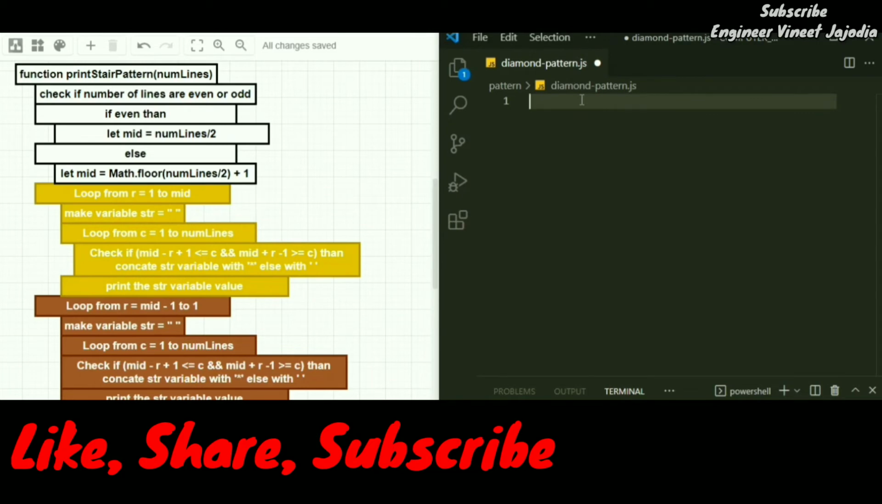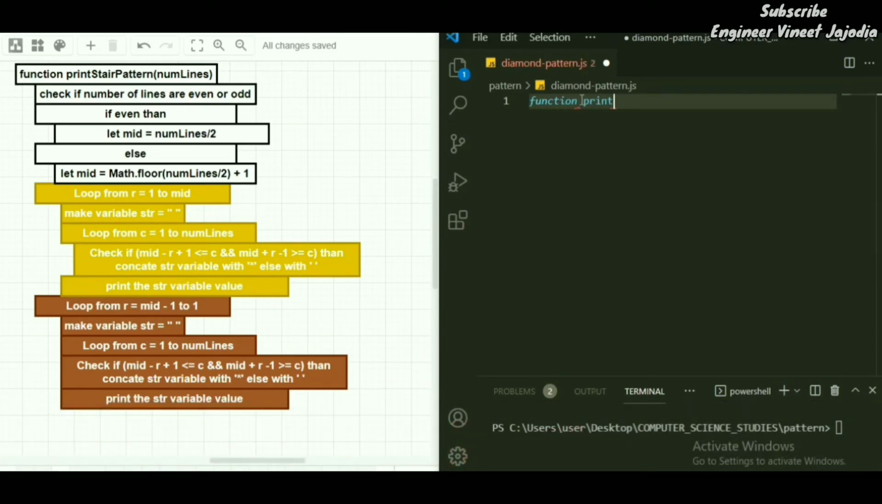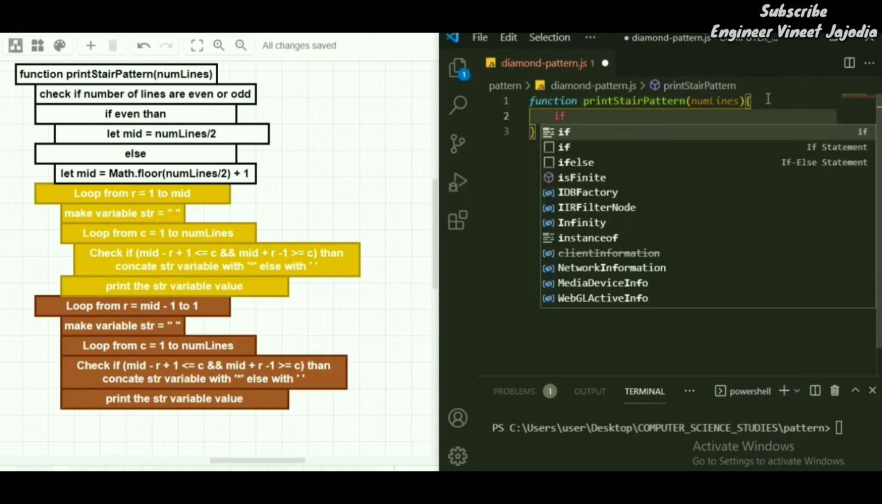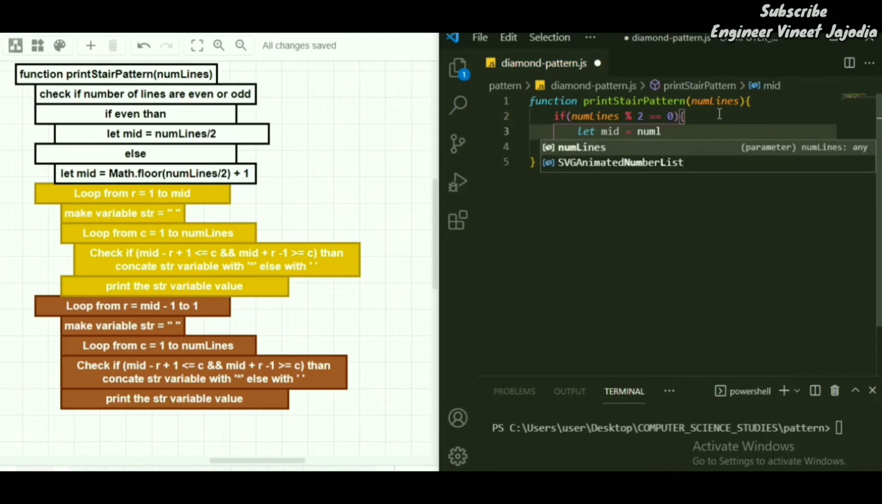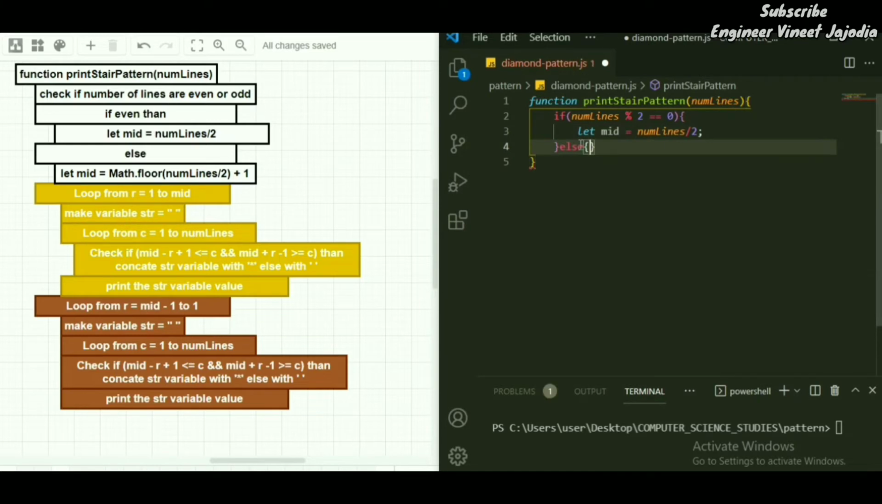So we have to write a function called printStrPattern, which will receive some number of lines, and after that we are going to check whether the number of lines is even or not. If it is divisible by 2 and the remainder equals 0, then it's even. So the midpoint will be number of lines divided by 2. And if this is not the case, then let mid equal